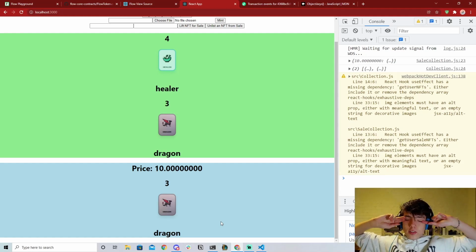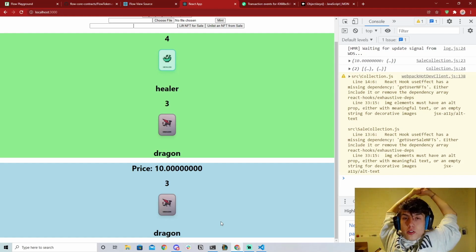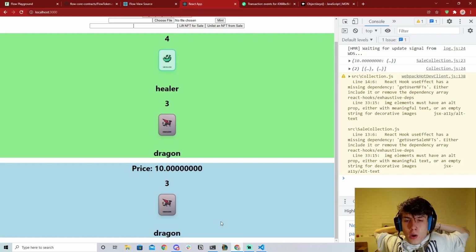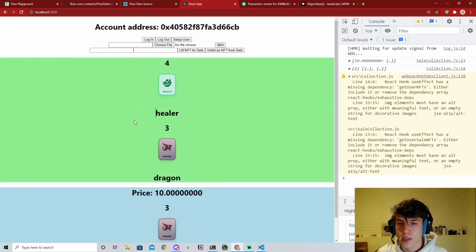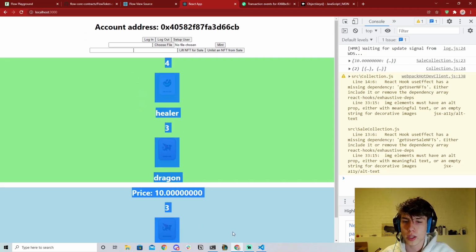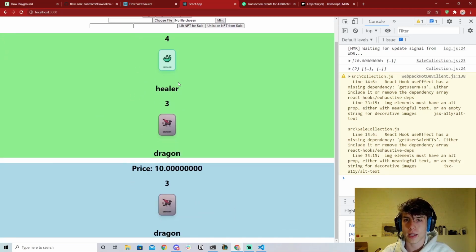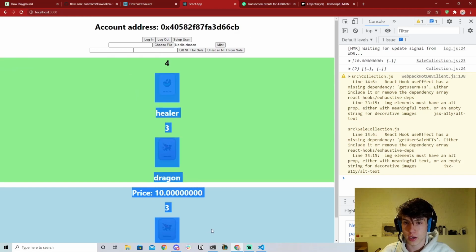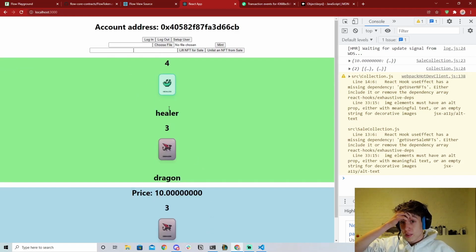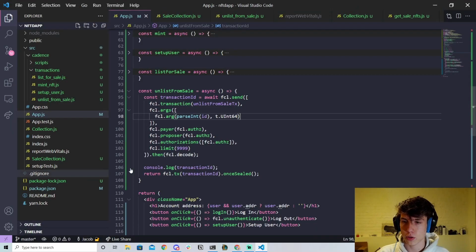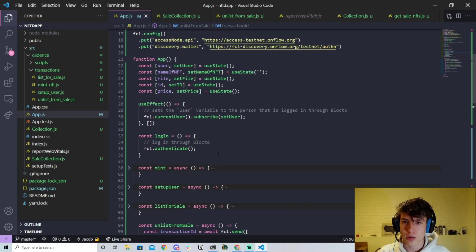So what we want to do next is... Right now what's happening in this application is it's only showing us our stuff, right? It's using our address and using our address alone. What we can do instead is pass in a different address that we're curious about, right? So let's go to app.js and let's add a new